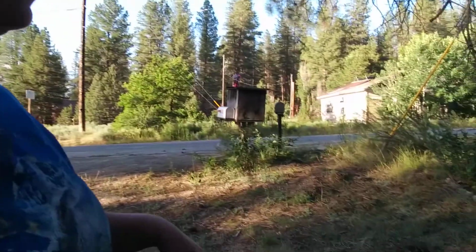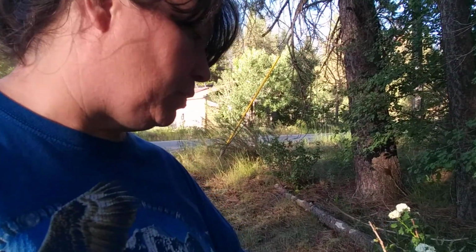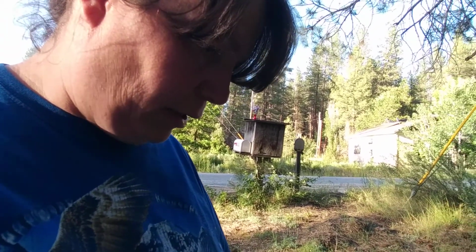And I figured out what this tree was over here. We call it a snowball tree, but it was a tree that I got from my mother-in-law, and we planted up here. We had it at our other house. But anyways, it's blooming. And before we moved here and I transplanted it, it was in much bigger bloom. It was much happier then. So I think the winter took a little bit out of it,